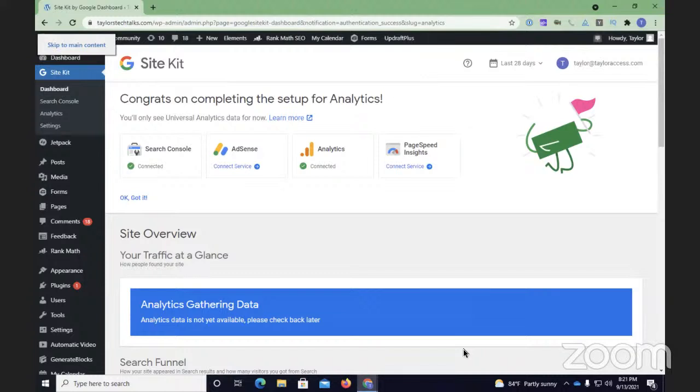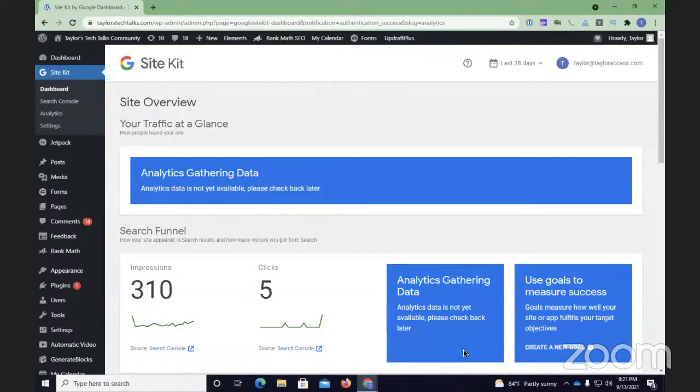So all you're going to do is press H 3 times and locate Page Speed Insights. Once you find Page Speed Insights, you're going to press down arrow, or click on where it says Connect Service. I'm going to connect it. And boom, it's connected. Okay, I got it. Down arrow.